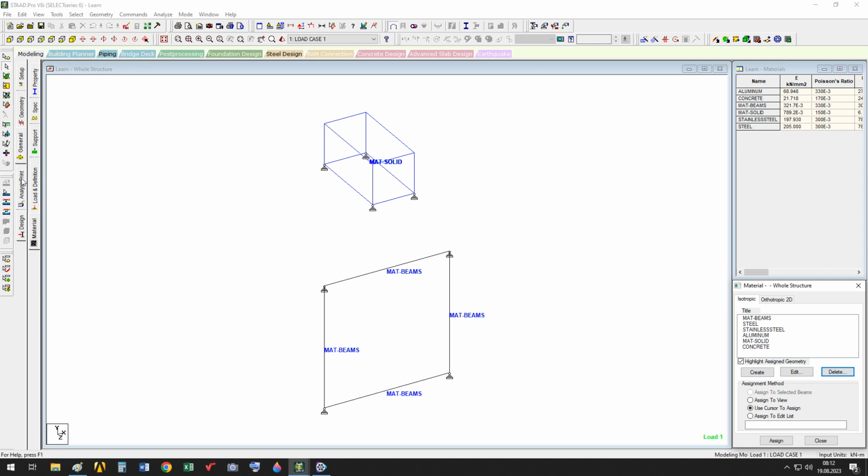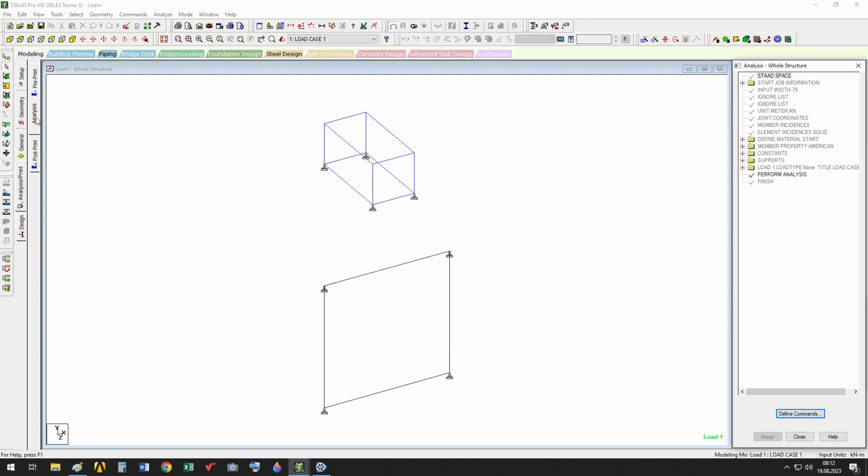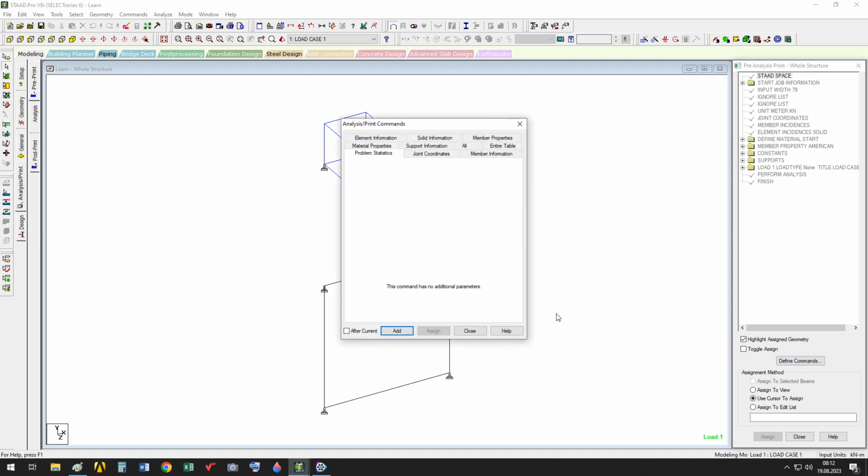And after general, we reach the analysis and print. Here we have closed it. It's the analysis tab. We have pre-analysis print, before analysis print. Before analysis, what do we want to be printed? Problem statistics, joint coordinates, member information, support information. Before analysis, if I want